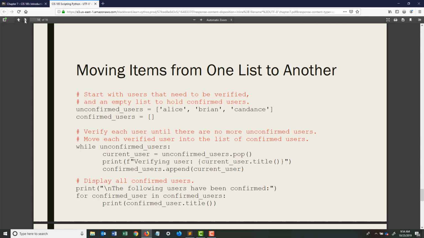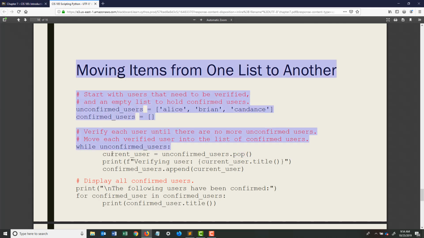So let's look at our first examples with lists, and that is moving items from one list to another. So we have two lists. We have a list that has three values in it, unconfirmed users. And we're going to run through using a while loop and actually move these values, Alice, Brian, and Candace, to our confirmed users list. So we verify each user until there are no more unconfirmed users, and then we move them. So while unconfirmed users, so while we have values in this list, we're going to go ahead and pop off a value stored in current user,